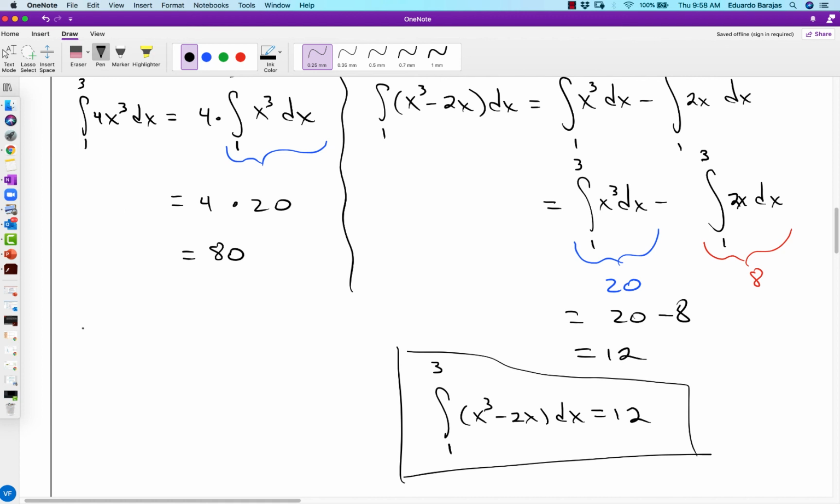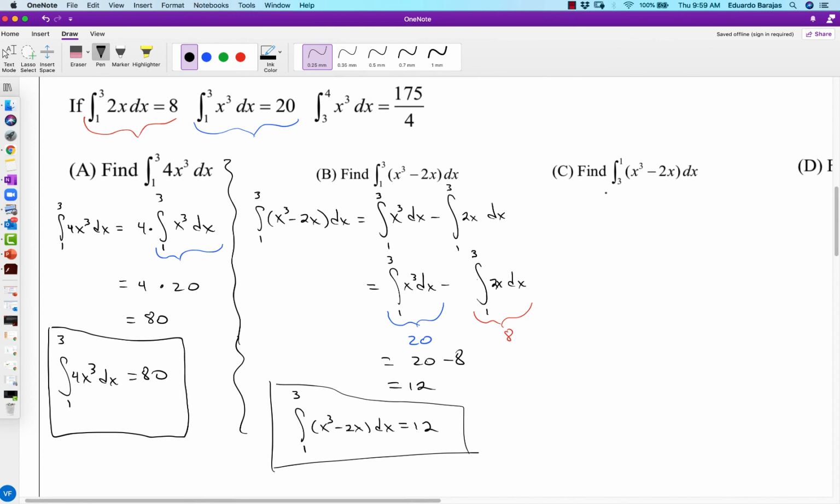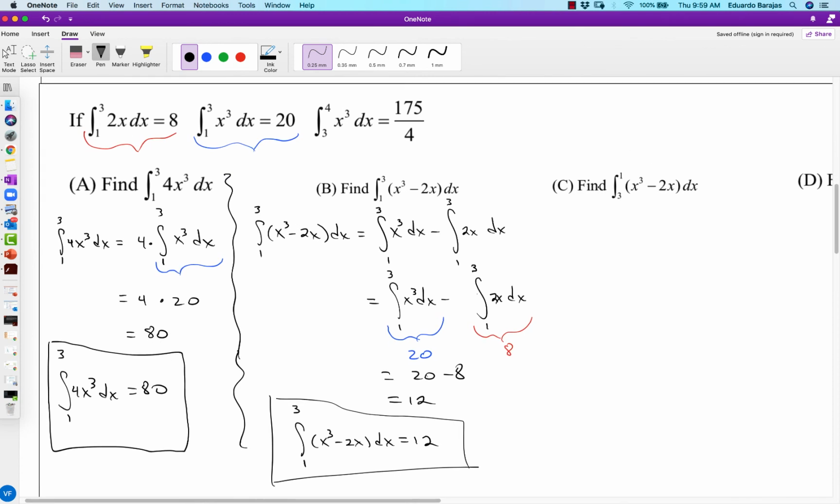Probably should have done the same thing over here. The integral from 1 to 3 on 4x cubed dx equals 80. Box that up. Okay, for the third one,